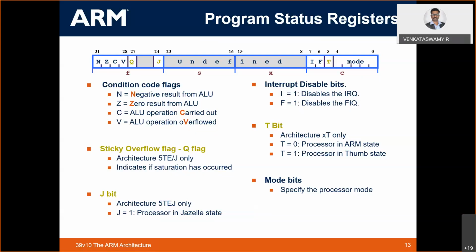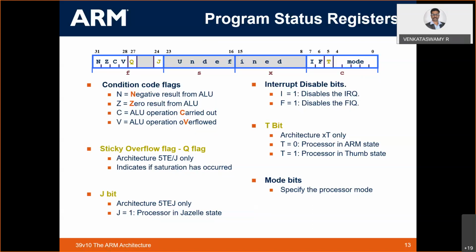And also you can see there, bit number 24. In bit number 24, if you make it 1, then you are utilizing the runtime environment, that Java runtime environment. If you make it 0, then you are not using that runtime environment. That means you are taking the control of the entire microcontroller or microprocessor.